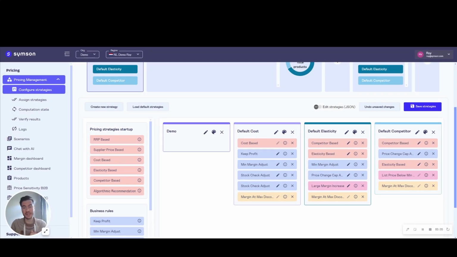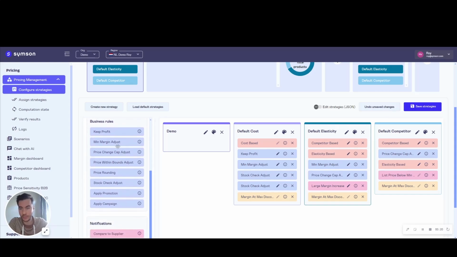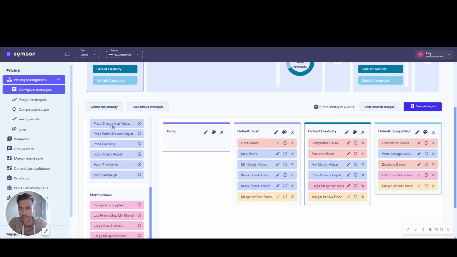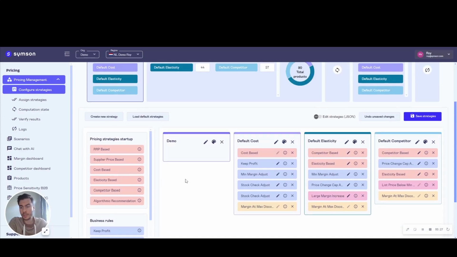Today, I'm going to tell you a bit more about the strategies and how to build them into Simpson. I will specifically go through all the blocks you see here on the left side, which we call the pricing strategies startup. And after that, we go to the business rule, where we have a bit more about the key profit and other things, and then about the notifications. So I go just through them one by one and I explain how you can build a strategy in